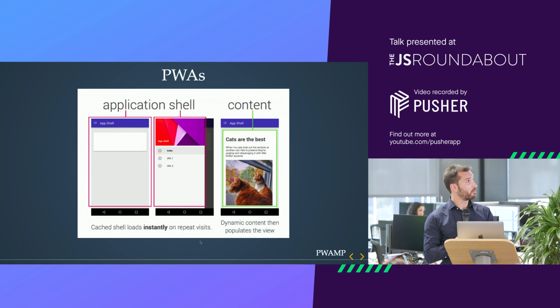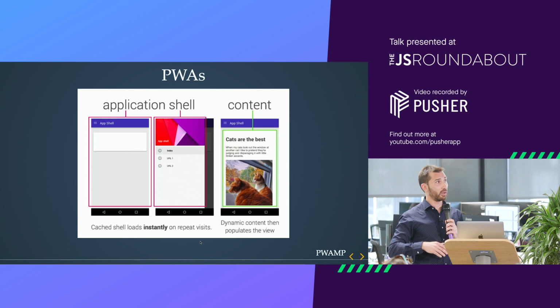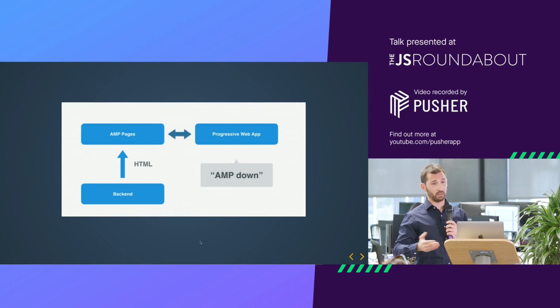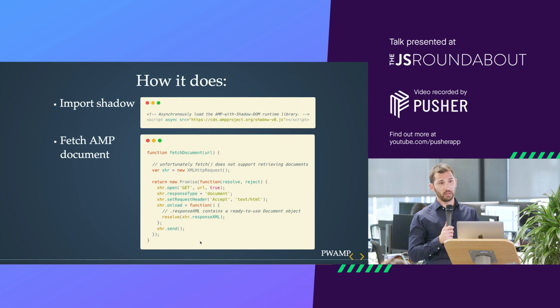Right. Let's go back to this picture. So imagine this one. The content itself could be normal content. So we call the backend, retrieve the JSON data, and we render it inside the page. But this kind of behavior could take longer because, let's say, we won't follow the best practice. So this approach allows us to use, within the content that we are pulling, the AMP page document because they are lighter, as we've seen earlier, validated, and so faster to render in the DOM. How it does that is, again, it uses an AMP project to get the shadow root, and then it